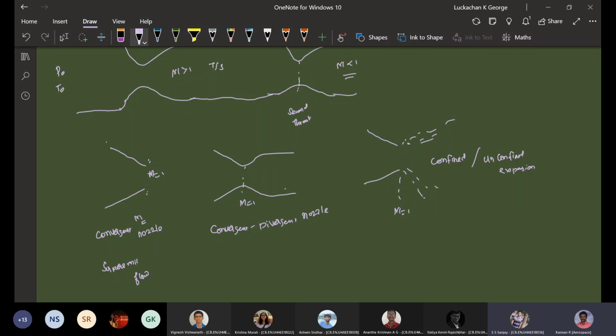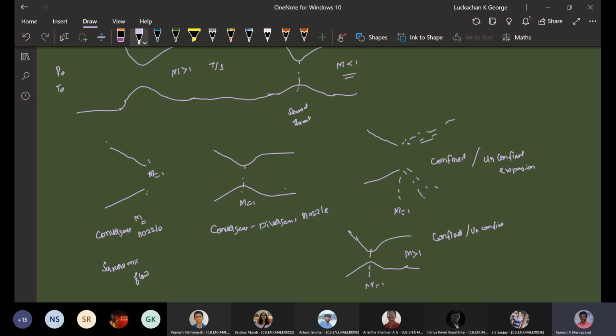Free boundary. Okay. You take your convergent divergent nozzle. Here, the divergent portion further helps you to accelerate the flow. Mach number 1 is going to be reached at the throat. Same way at the exit of the convergent nozzle you are going to reach it. So what is happening is the flow is accelerating and the Mach number is going to be supersonic. Here, is the flow confined or unconfined? Fine.